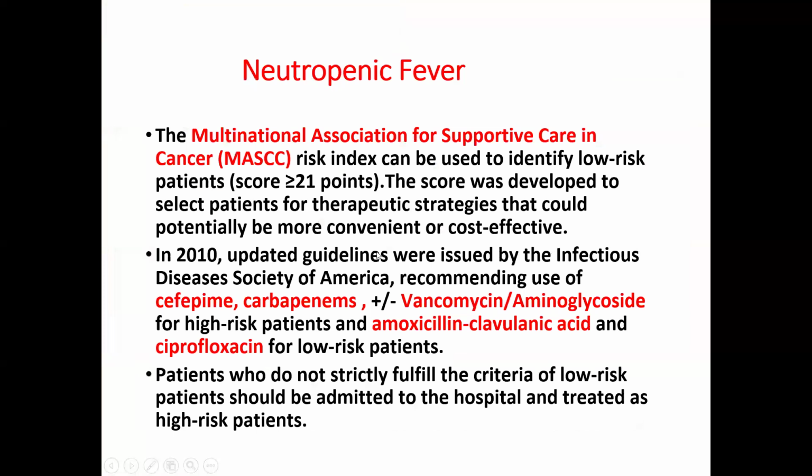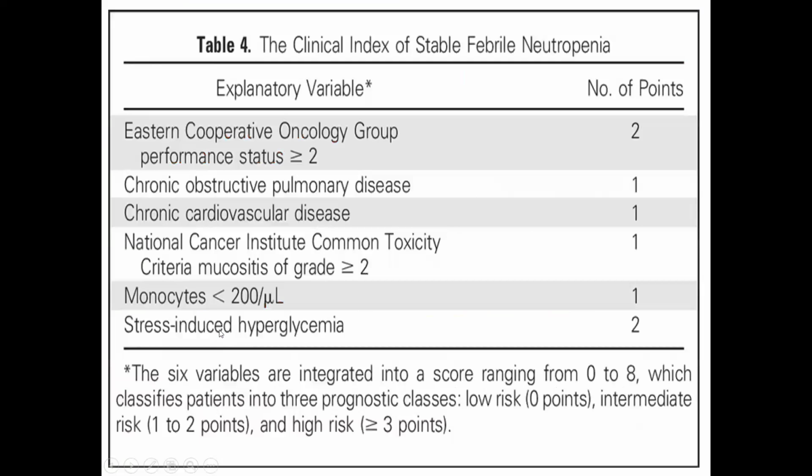Okay. Now, there is an update for the antibiotics used for neutropenic fever in the United States. The last one that I have is 2010. They use cefepime and carbapenems, plus or minus vancomycin for higher risk patients, and amoxicillin-clavulanic acid and Cipro for low risk patients. This is another criteria